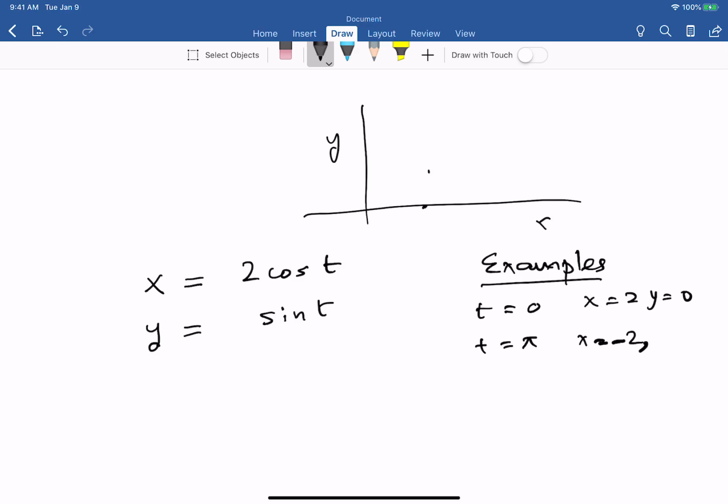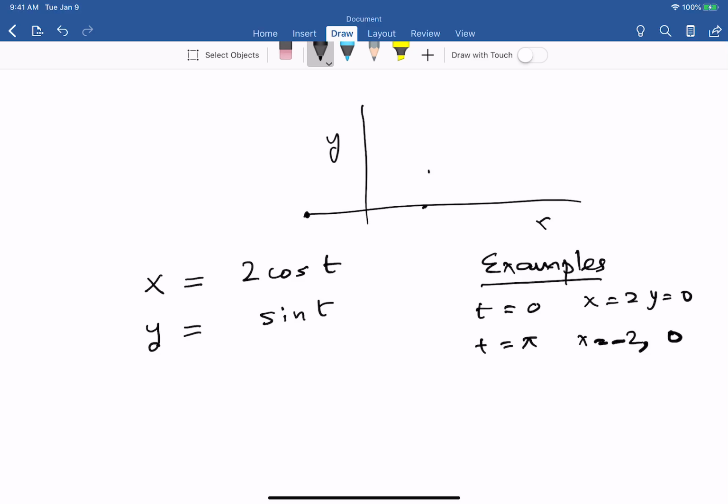And y is equal to 0 again. So at t equals pi, the particle is somewhere over here, and so on. So you can plug in any value of t, and you will find out the location. It will give you a certain location for that particle, right? So that is how you know what path the particle is following, by just plugging in successive values of t,